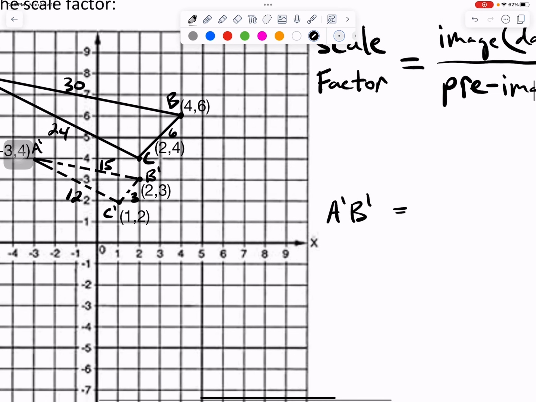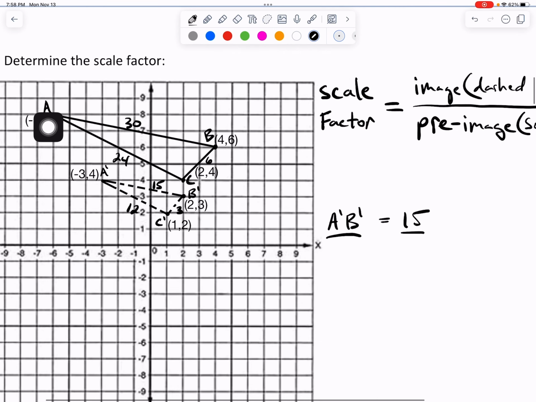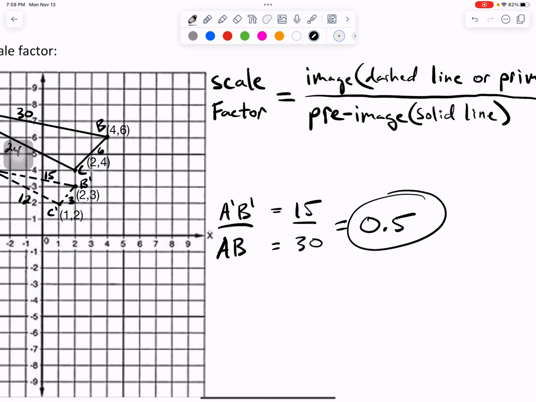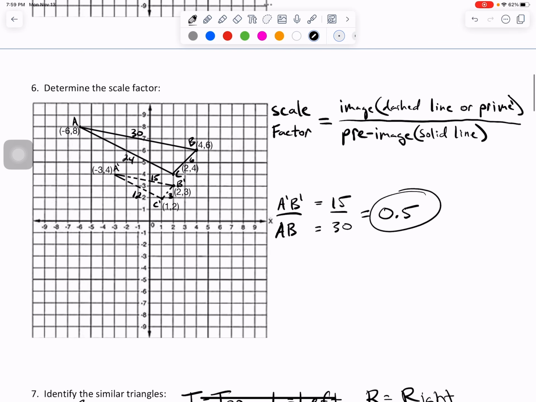equals 15. All right, we set that 15 over AB. Well, A to B is 30. And 15 over 30 equals, yes, 0.5. Now back to what we were discussing earlier, if you know that your